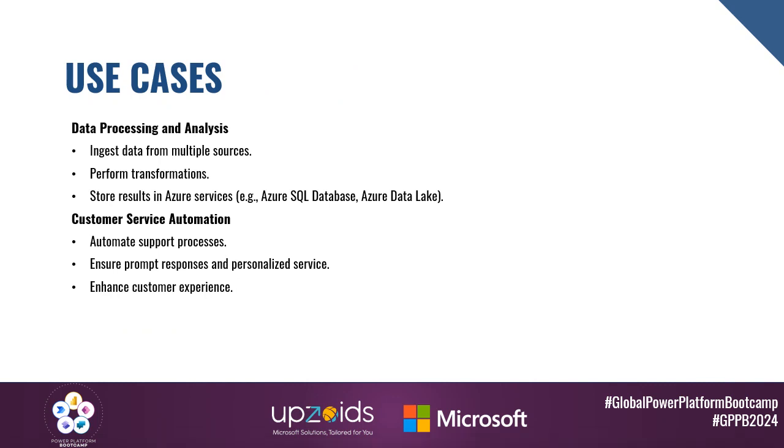And we will talk about some use cases. Data processing and analysis. Ingest our data from multiple sources, which means organizations often deal with data from various sources, such as databases, applications, IoT devices, and external APIs. Azure provides tools like Azure Data Factory, Azure Event Hubs, and Azure Blob Storage to ingest data from these diverse sources efficiently